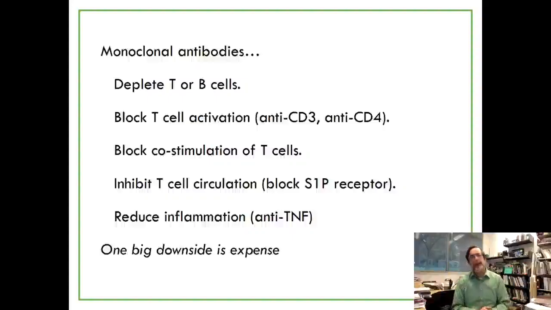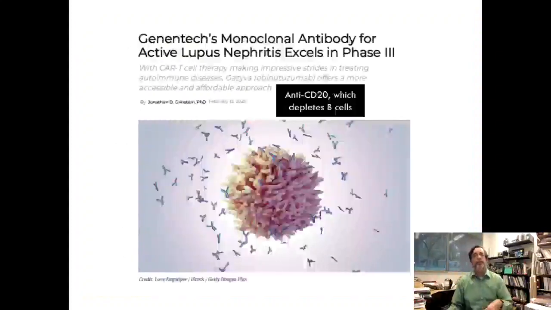And then there's anti-TNF, where you have an antibody that binds TNF alpha and prevents it from causing its inflammatory results. Of course, these are very expensive. To get a whole antibody, they're hard to make, they're big, they're unwieldy, you have to make them perfectly pretty much for them to work. And so it's very expensive, and you have to keep administering it because you need the antibody to be around to continually block the thing it's blocking.